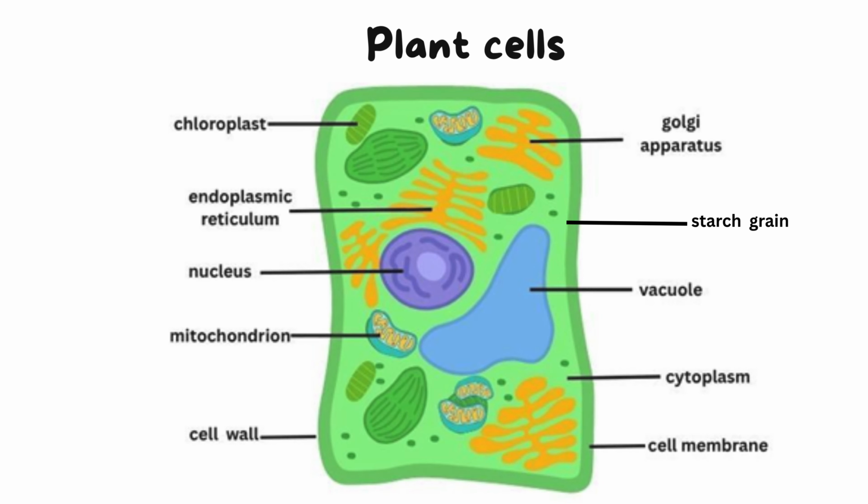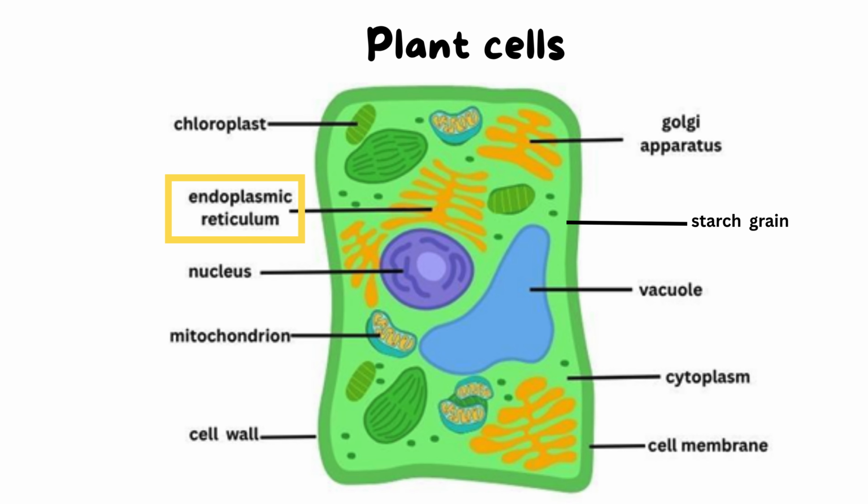Now let us examine plant and animal cells. Plant cells are like tiny green factories. They have a cell wall made of cellulose that gives them shape and strength, the cell membrane which acts as a selectively permeable barrier which surrounds the cell inside of the cell wall, cytoplasm which is a gel-like substance that suspends the organelles, chloroplasts that capture sunlight for photosynthesis, a large central vacuole that stores water and keeps the cell firm, mitochondria which is the site of respiration, a nucleus which contains genetic material, endoplasmic reticulum which is responsible for